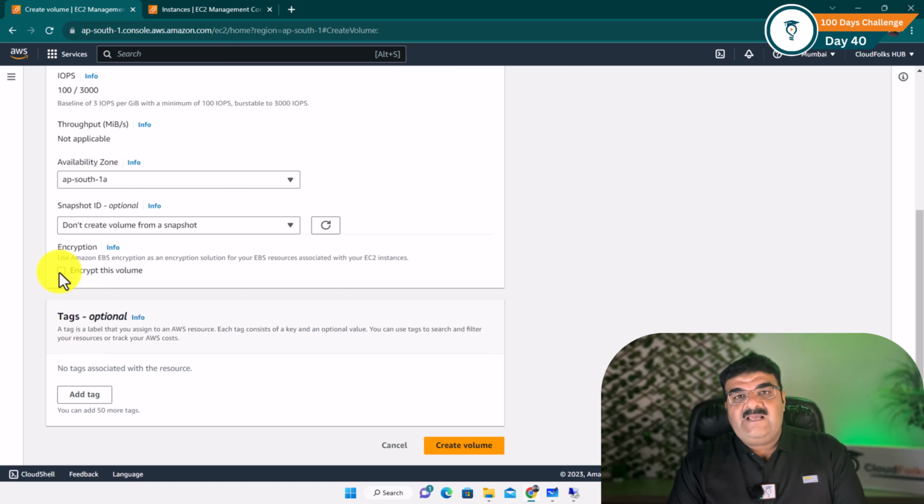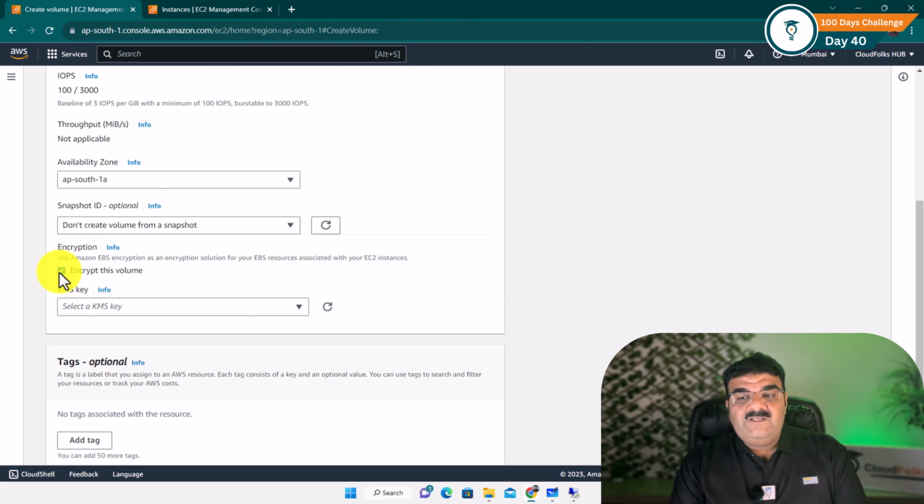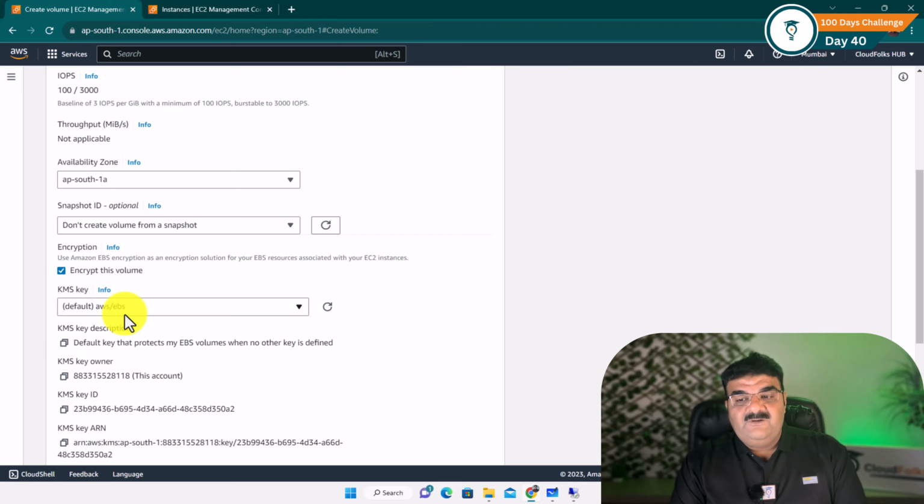Encryption is actually a very important part if you are working in a secure environment, and in your company if it is required to have secure data. So you can encrypt this volume. Now if you click over here, it will use a service known as KMS, and using this KMS you can encrypt this. You just need to select this default AWS EBS. Now